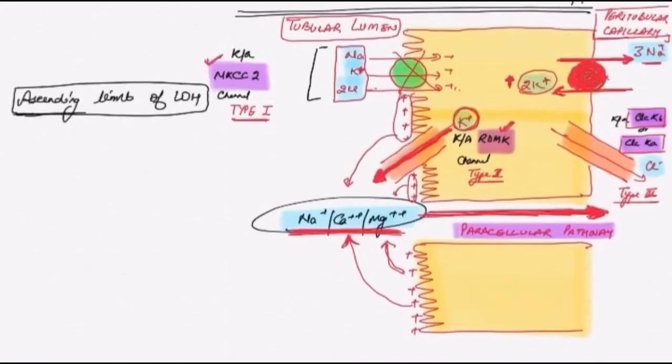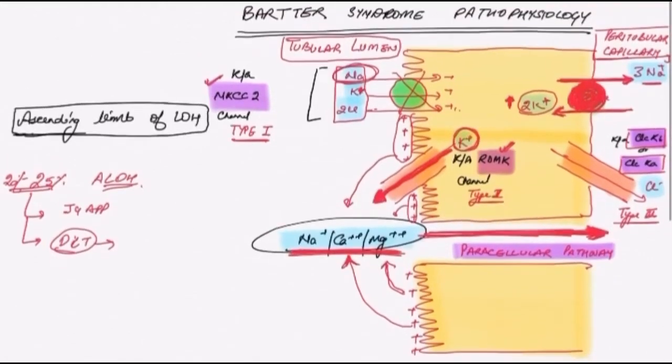So this will happen, and this sodium which is not being absorbed over here, around 20 to 25% of sodium is absorbed in the ascending limb of loop of Henle. So this is not being absorbed, and this goes towards the JG apparatus and in the distal convoluted tubules. At the distal convoluted tubules, this sodium is absorbed